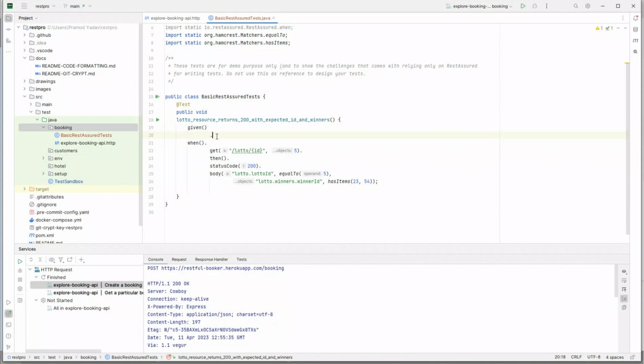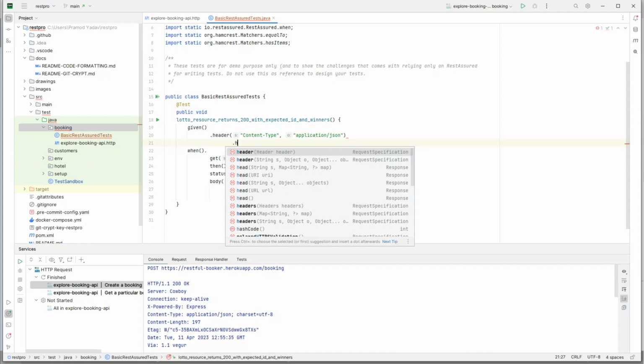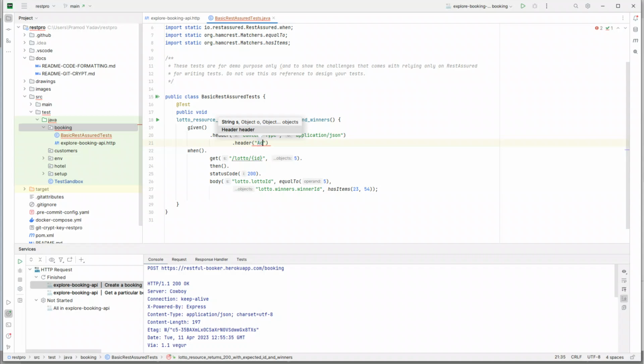So let's call it header, and we could say header Content-Type, and then application JSON, right? And then we could have another header which could be Accept, and the same thing, we want to accept application JSON,